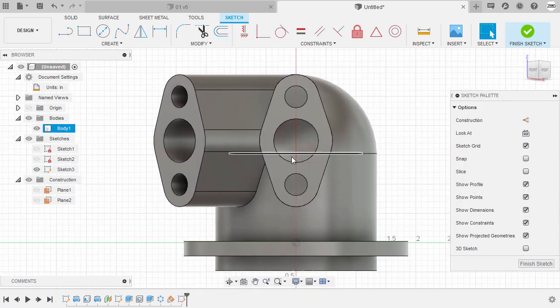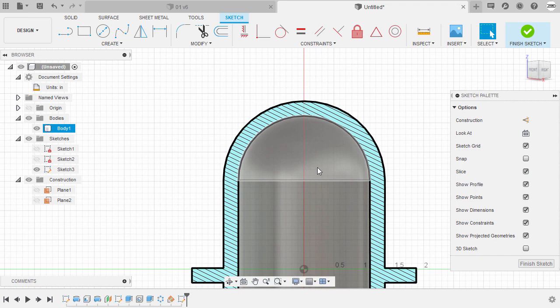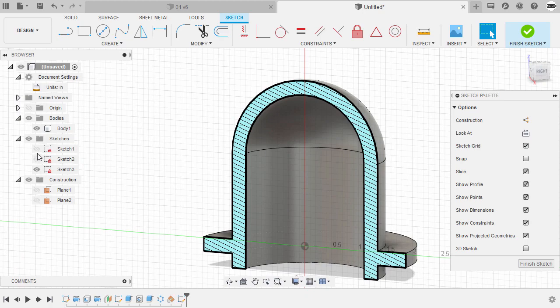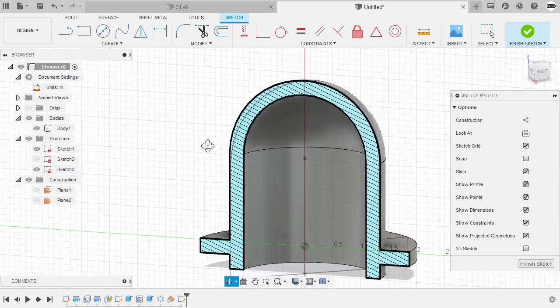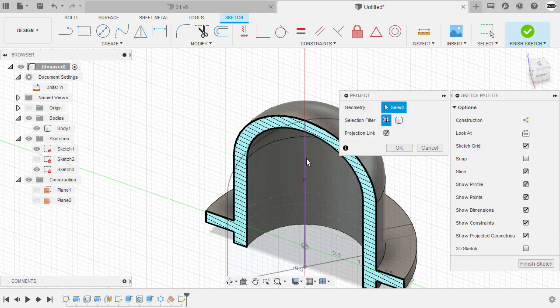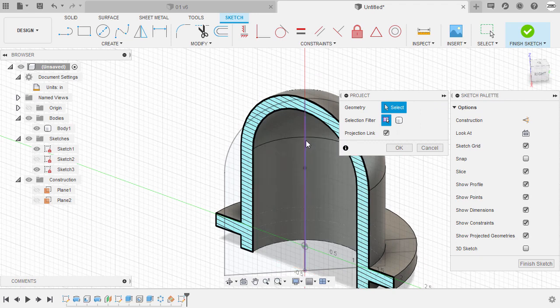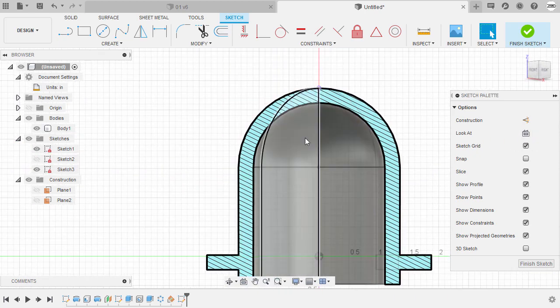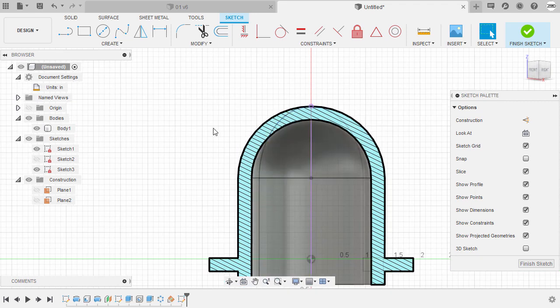Let's zoom in and let's slice our model. In addition, let me turn on the visibility of sketch 1. And I'm going to hit P for project. I'm going to project this vertical line. Left click, selecting OK. Heading back to our previous view and selecting look at. Let's grab our line